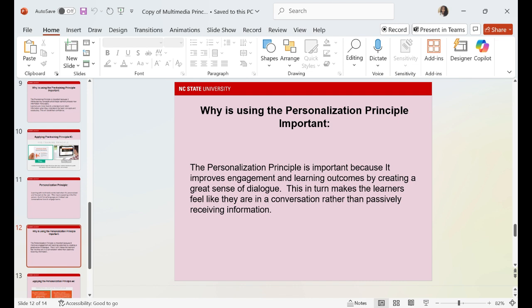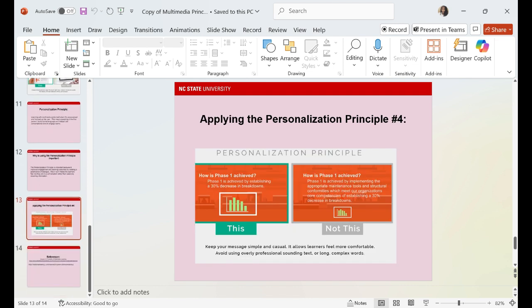As adults, and just really in general, no one wants a data dump. Don't data dump everything onto me. I want to feel involved in my learning and in the conversation. And the more you feel involved, and the more the language is easier to understand and informal, the more comfortable you can become in learning it. So, how do we apply it?